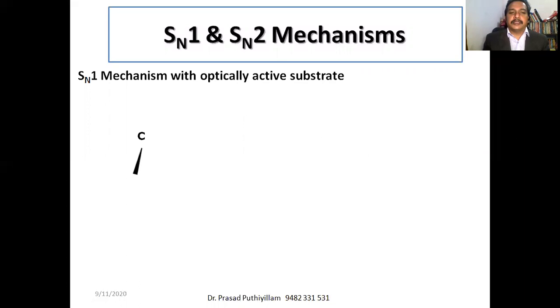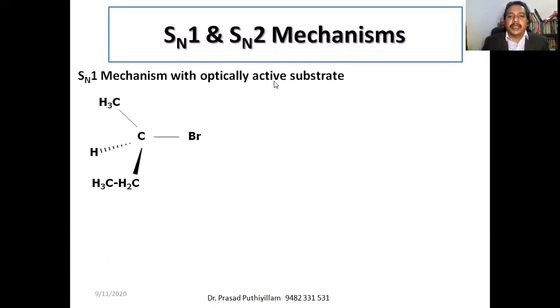If it is an optically active substrate, we'll check it out. What about the configuration, or what is its property towards plane polarized light? So I draw a carbon and a CH2CH3 group with a dark wedge, which represents that it is facing towards the observer, and the next CH3 is on the plane along with the carbon. And bromine and hydrogen are going away from the screen, behind the screen.